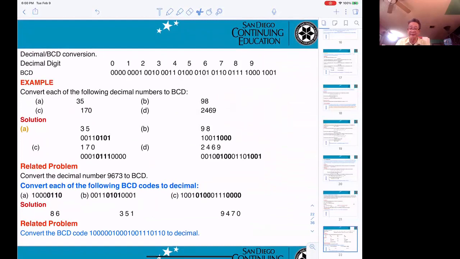Okay, BCD. BCD stands for binary coded decimal. That means they are binary, but they work like decimal. So in BCD, you only get the numbers 0 to 9. You cannot get more than 9. Decimal is the same thing, 0 to 9. But BCD uses binary. So one thing you must understand, in the decimal,